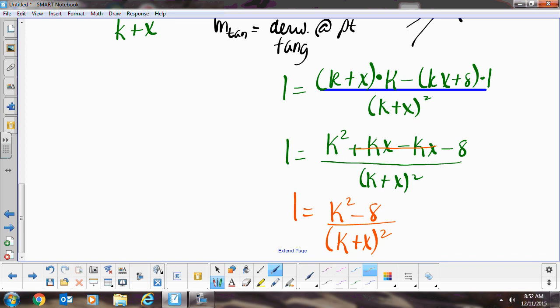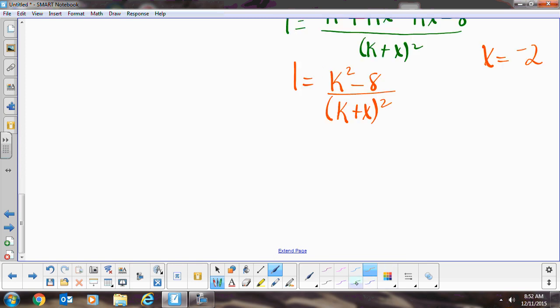Now, there's my derivative. They're saying that the equation of the line tangent to the curve y at x equal 2. So at x equal 2 is when this is happening. So what can I do now? X equals 2. What can I do? Plug it in. 1 is equal to k squared minus 8 all over k minus 2 quantity